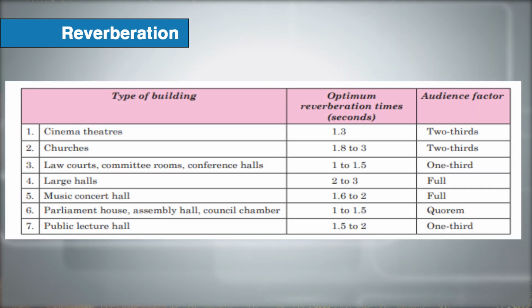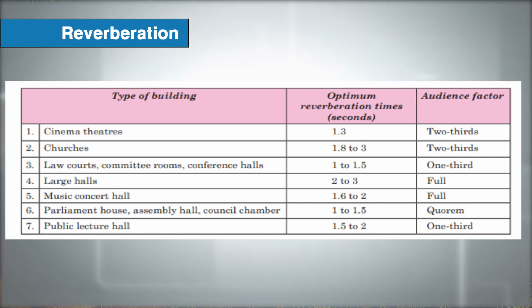The following table gives the optimal reverberation time and audience factor for acoustical design. For example, for cinema theatres, the optimal reverberation time is 1.3 seconds and the audience factor is 2/3. For churches, the optimal reverberation time is 1.8 to 3 seconds, and the audience factor is 2/3. If we go to a public lecture hall, the optimal reverberation time is 1.5 to 2 seconds and the audience factor